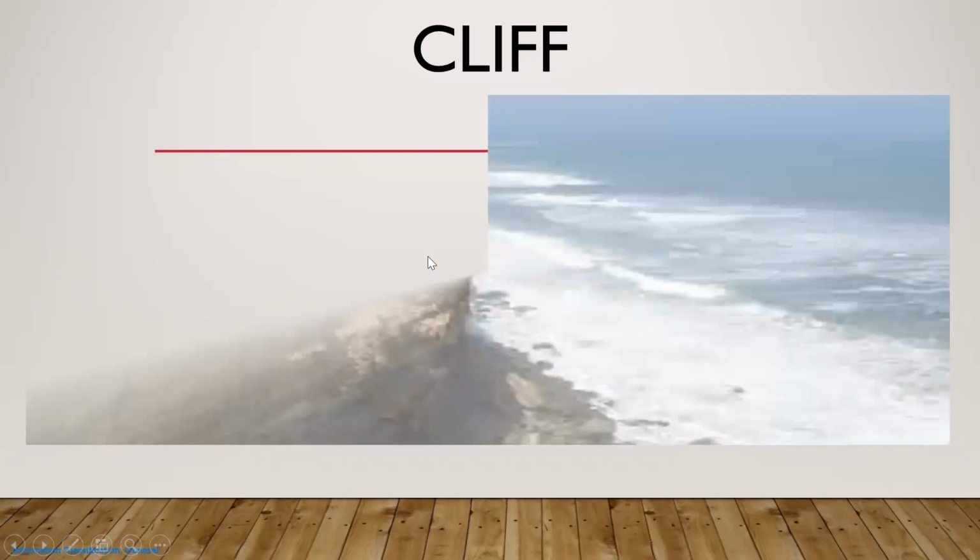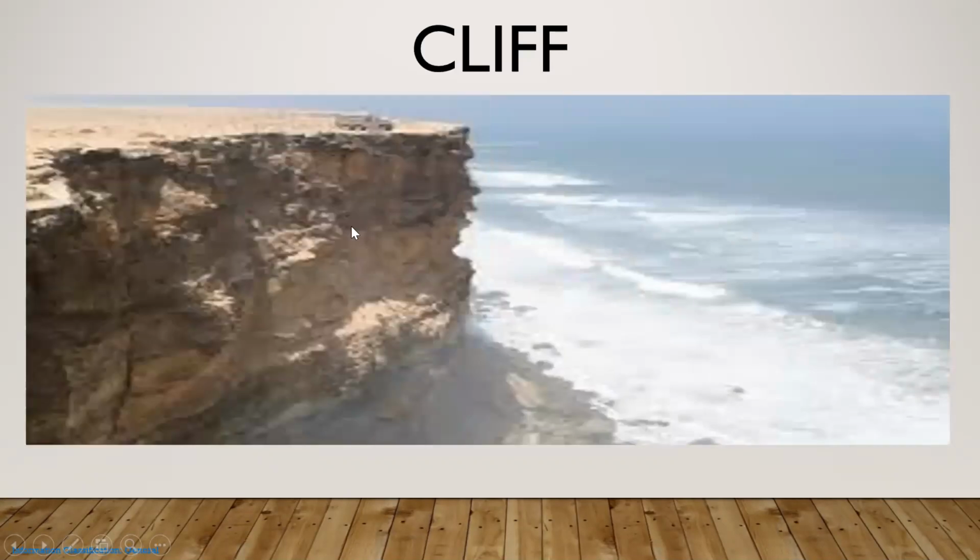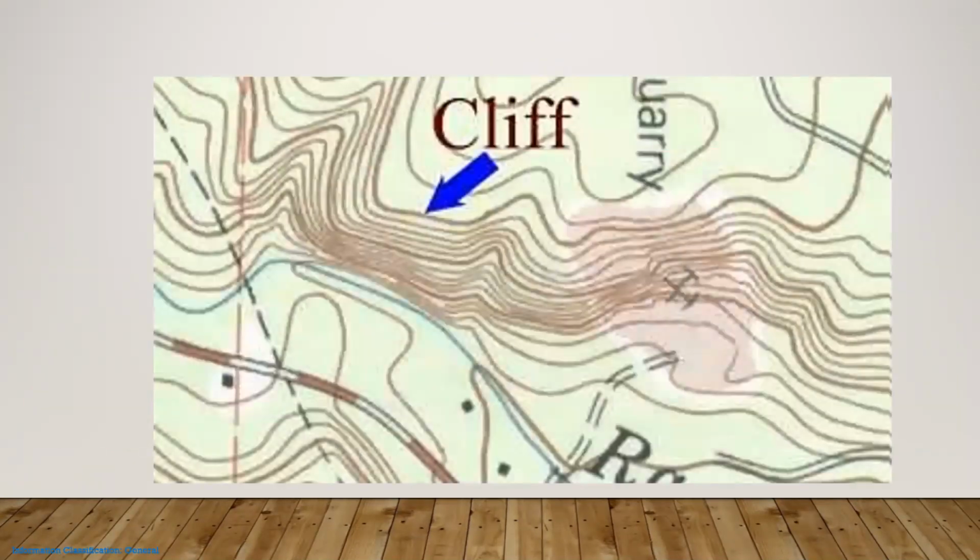Next, we are discussing one more important feature. Many geographical features can be identified by using these contour lines. One or two examples I'm mentioning here, and the cliff. You saw the picture of that cliff. Here you can see the contour lines are very close. It shows the elevation of that place. Compare this part and this part: this is farther apart, and here is the absence of contour lines. It shows the slope of the land, and here it shows the elevation of the land.